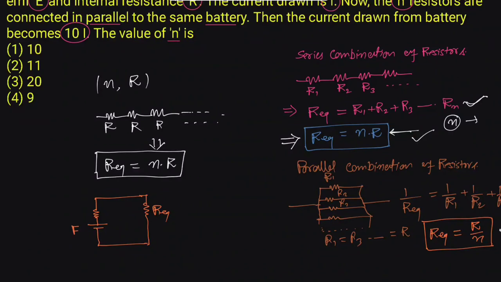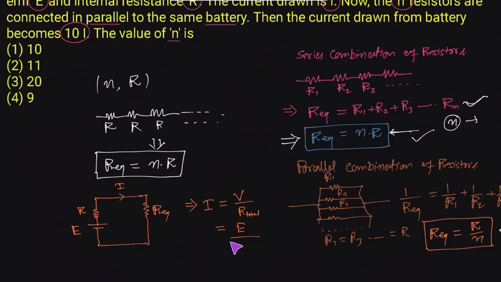The EMF or the terminal voltage of the battery is E. The internal resistance of the battery is R. In this case, it is mentioned that the current which starts flowing in this circuit is I. So from Ohm's law, we can write the equation for current. Current I is equal to voltage upon total resistance of the circuit. The voltage is the terminal voltage of the battery, that is capital E, divided by the